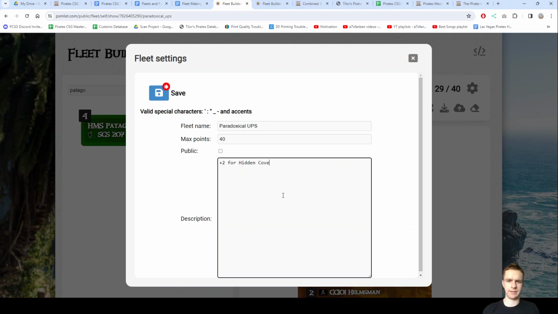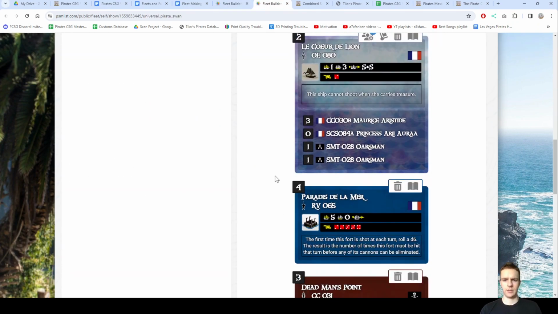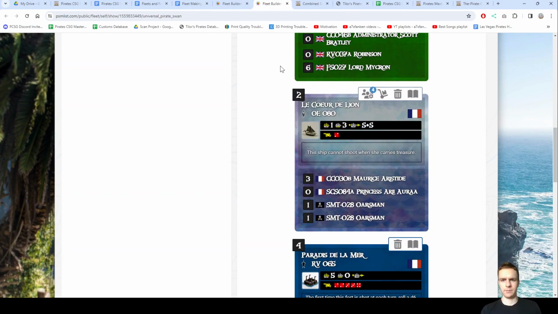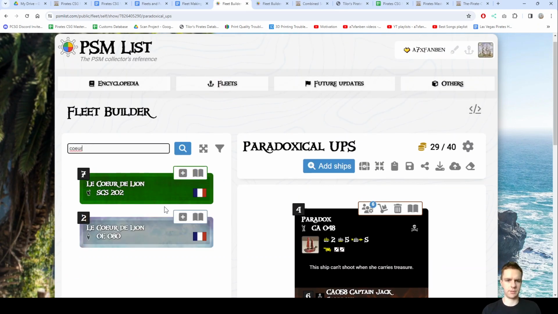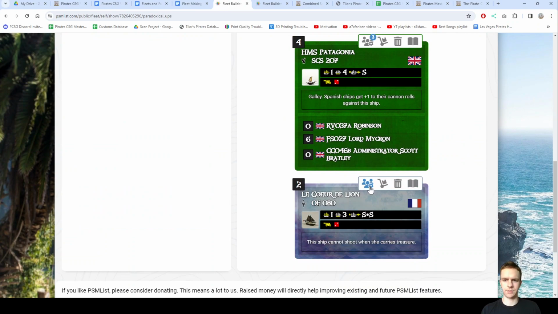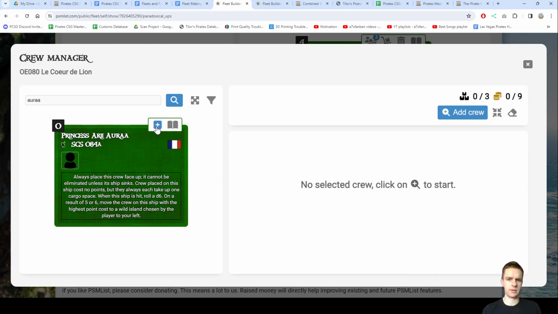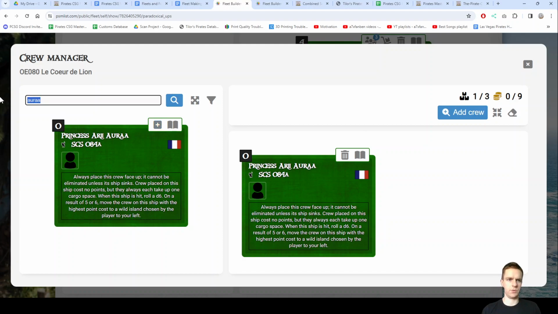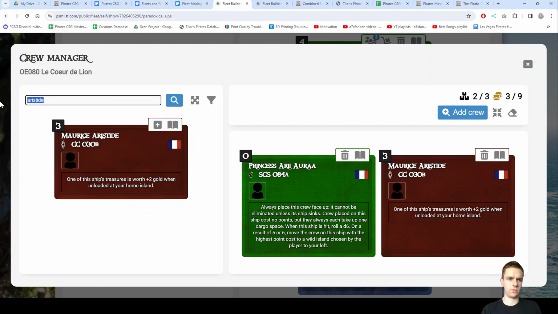So we're going to add that here. And then we're going to add our gold ships that are going to stay docked at the home island and plus up the value. So good old Core. The rest of it's going to be pretty typical for a UPS build. Core, we got Aura, so that's another 0-point reducer that allows Aristide to come aboard despite the ship's normal point cap. And then